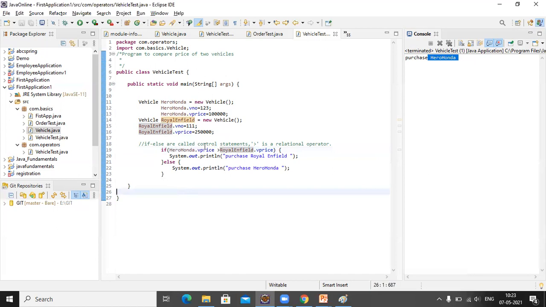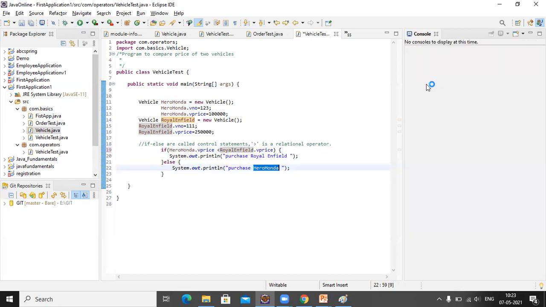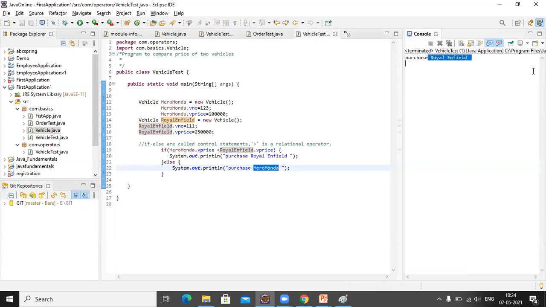For example, if we use the less than symbol, if Hero Honda price is less than this, we are going to purchase Royal Enfield. Otherwise, whichever price is greater, we are going to purchase such vehicle. We did not save, so let me save this. Now see, it gives Royal Enfield. Okay, so this is how you have to use relational operators.